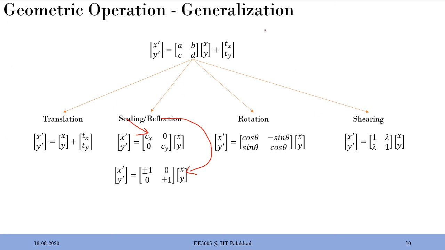In this case A and D are ones because you are not doing any scaling or reflection. You are shearing in the y or x direction, so B and C will take the lambda values and that becomes shearing. In this case also Tx and Ty are 0. So this is the splitting. Okay, so nice way